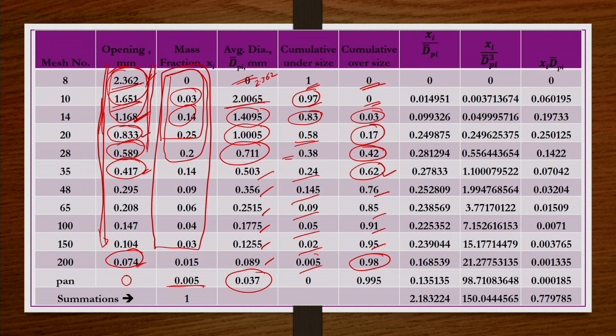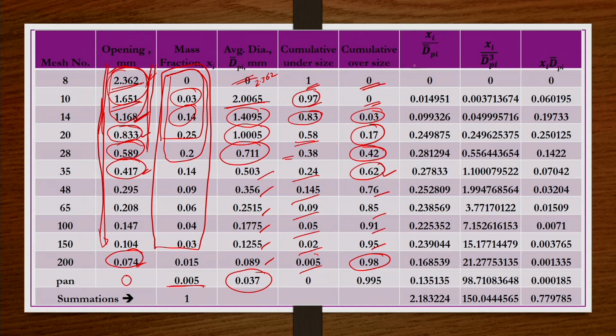Next, in the subsequent calculations, the average mean diameter, volume mean diameter and Sauter mean diameter, etc., you may be needing xi by dpi bar, xi by dpi bar cube and xi multiplied by dpi bar. Now you have the dpi bar and the corresponding xi. For each row you do these operations, let us say xi by dpi bar, you calculate, insert them here and then add them together. Same for xi by dpi bar cube, you add them together.